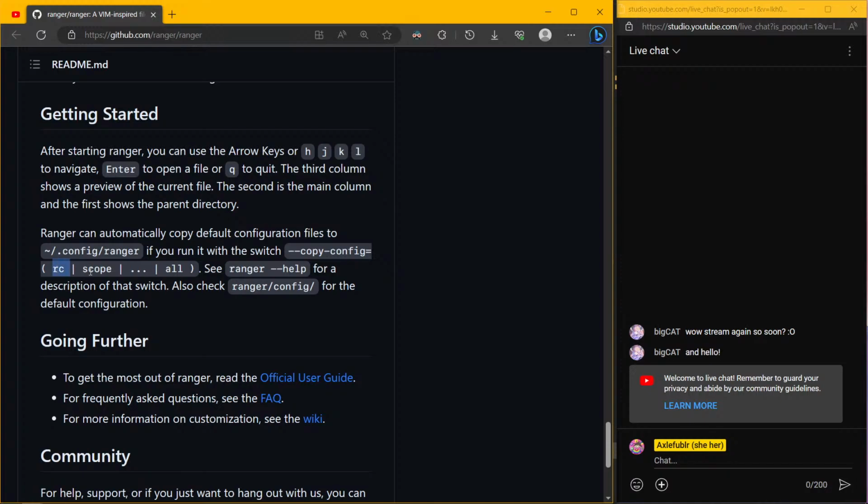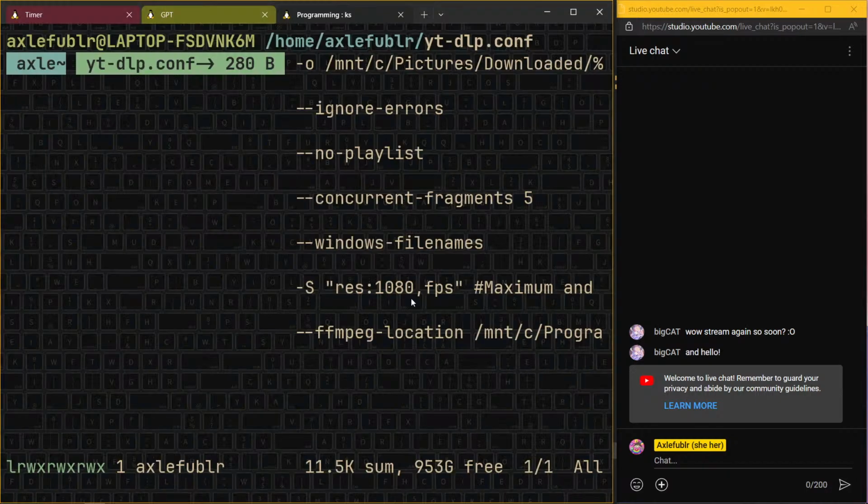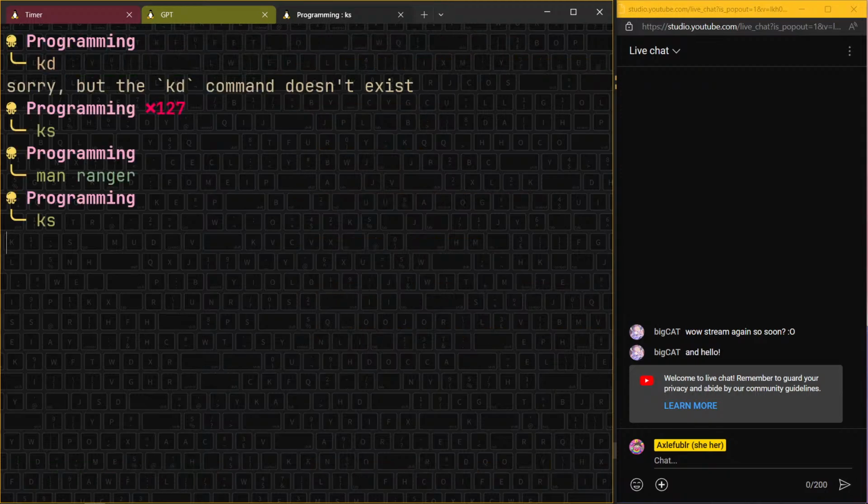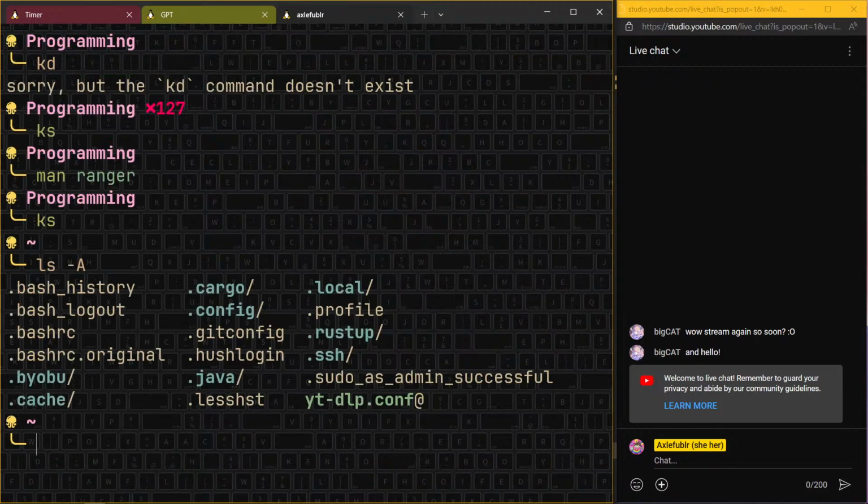What is RC or scope or whatever or all? Oh, I guess what config to copy there. I see. Interesting. It says Ranger config,